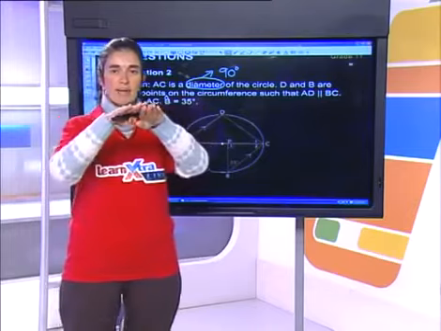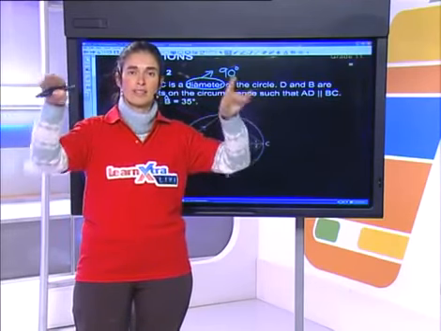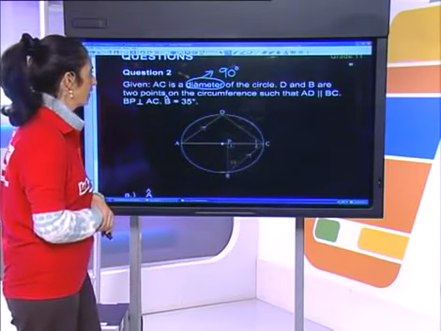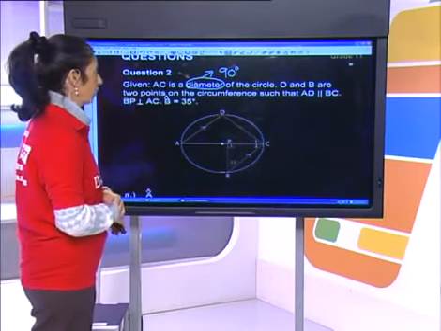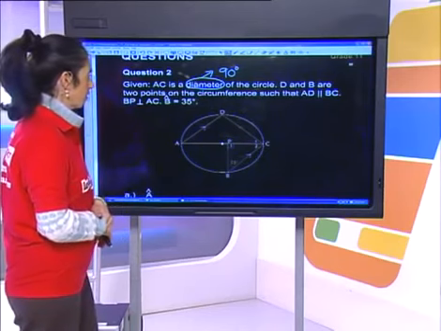Why? Because a diameter will have 180 degrees at the center, so when it subtends the circumference, it will be 90 degrees. So it's a special feature of the diameter. It will subtend a 90-degree angle. In this picture, we have some information